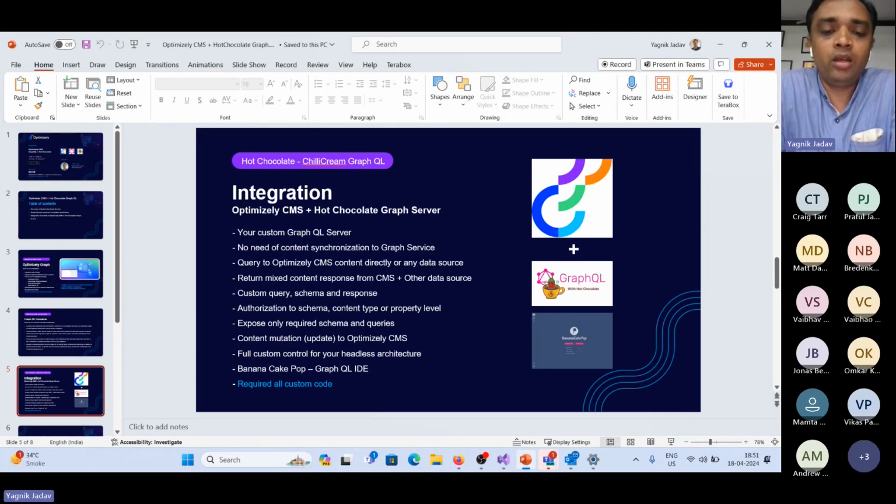You can create the content, you can update a particular field of any content type, and this is up to the developer and the requirement, how you want to do the customizations. Full custom control for headless architectures. So it is more developer friendly. If you need a custom solution as per your custom architecture, headless architecture, and your own need, you